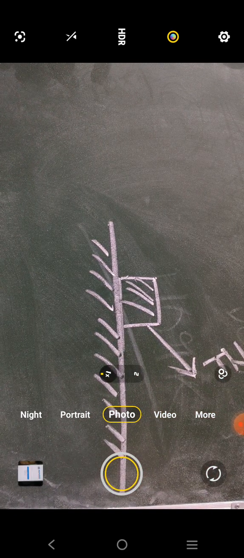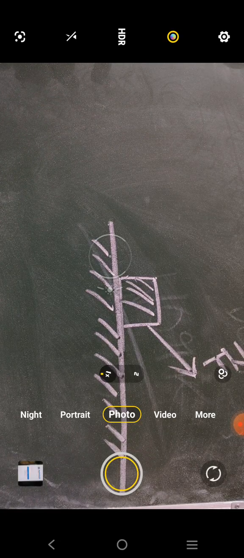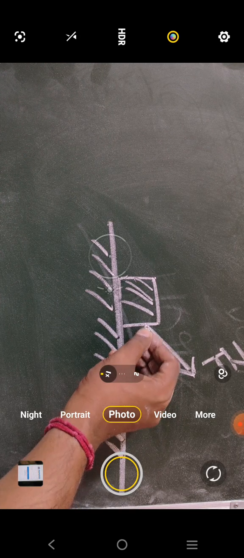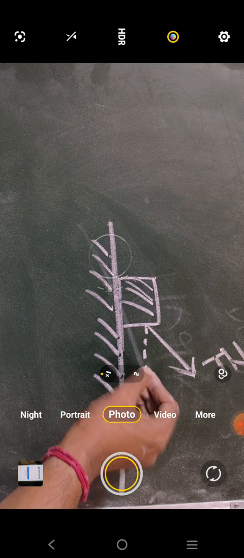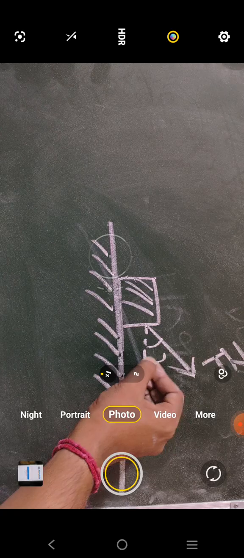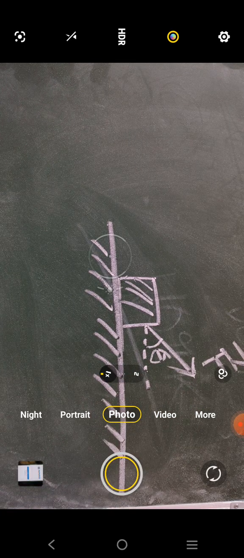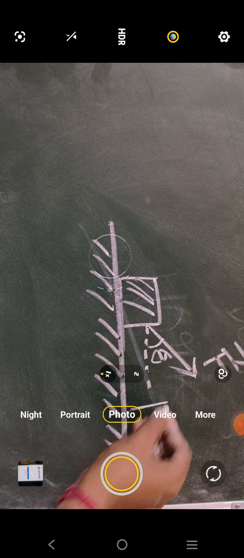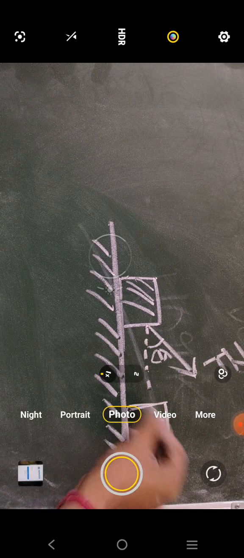Suppose the ground surface is parallel to the ground. With respect to the ground, you are applying force making an angle theta. Now, whenever the box has been displaced by some distance,